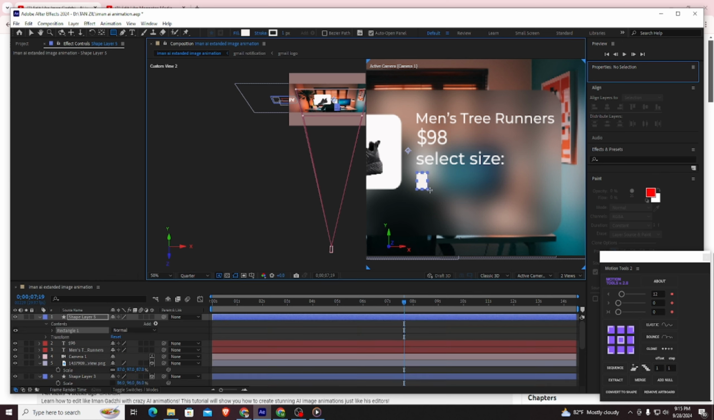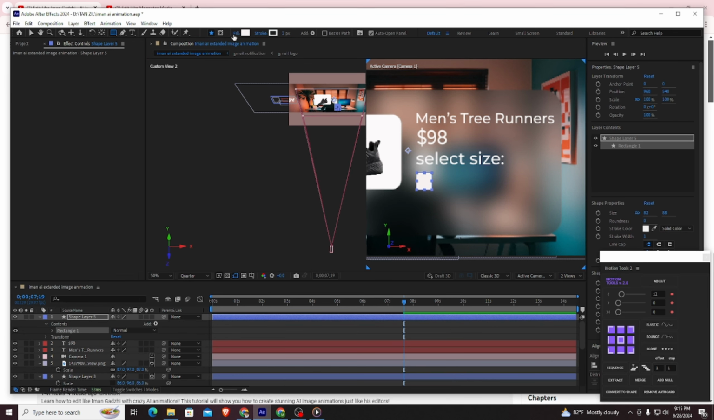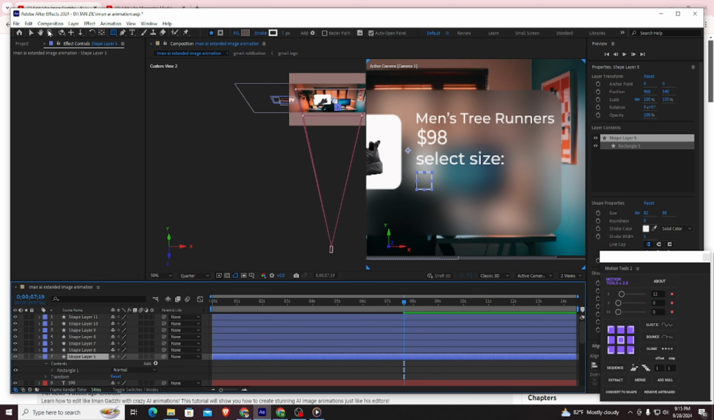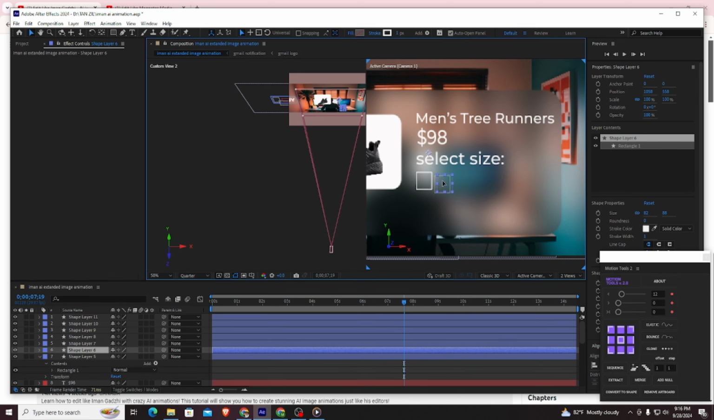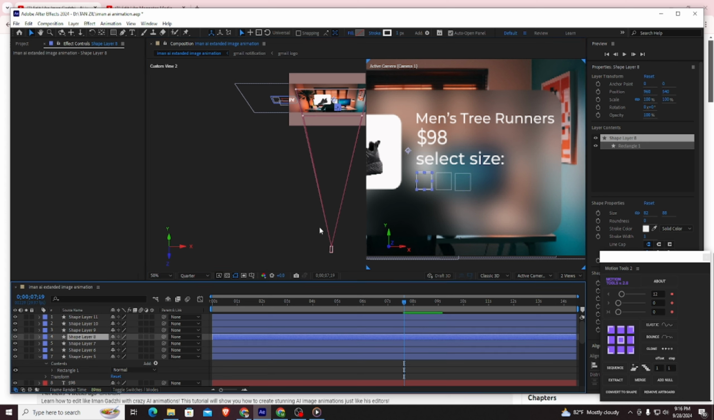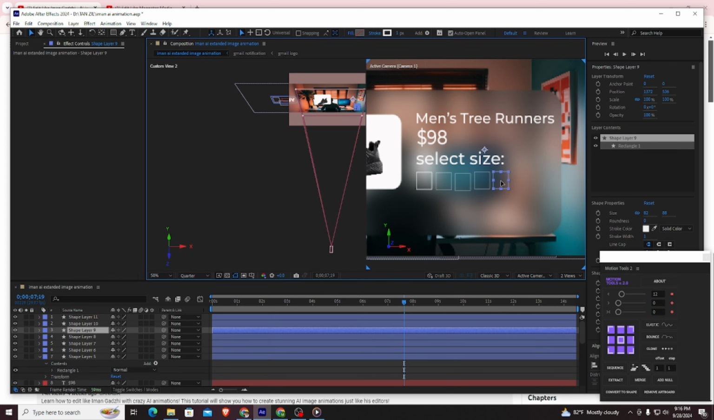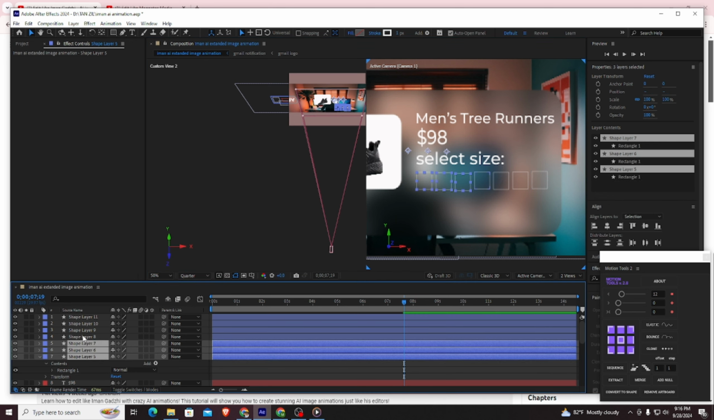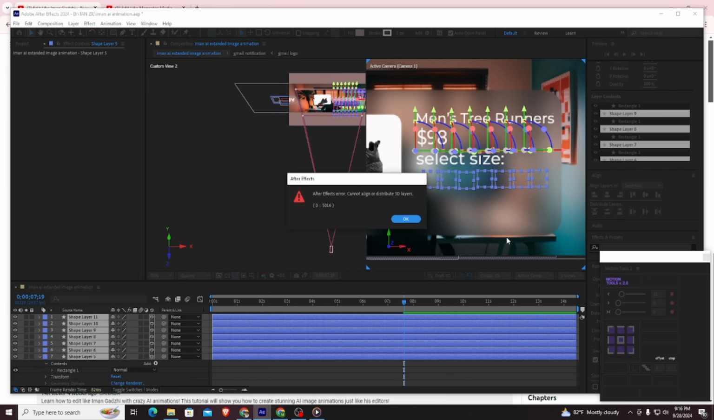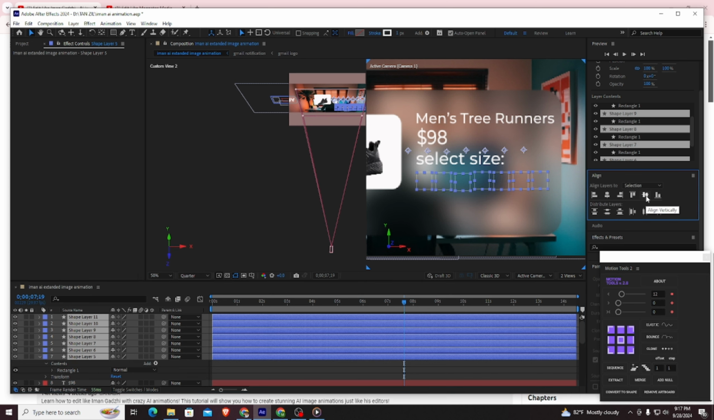Now when it comes to creating these small boxes with the numbers, you need to do something different here. When you create the shape layer, make the stroke outline 1 with the color white. Once you have done that, select all of them, go to the Align tab and press these 2 buttons right here to